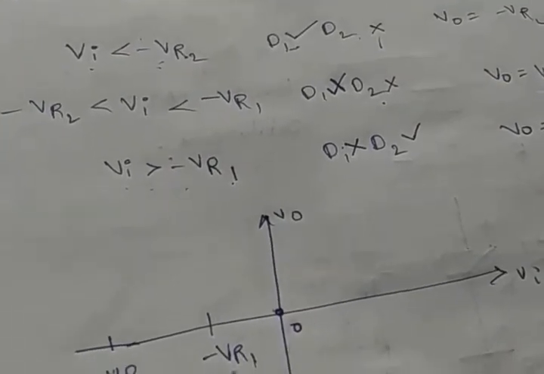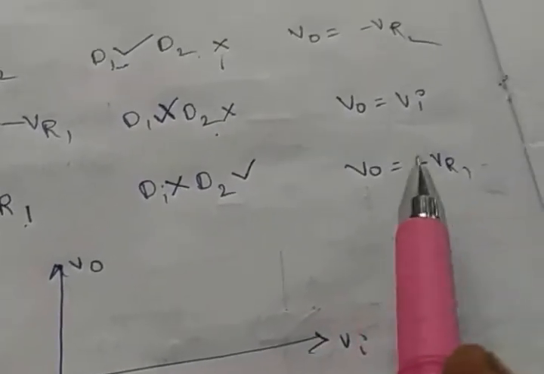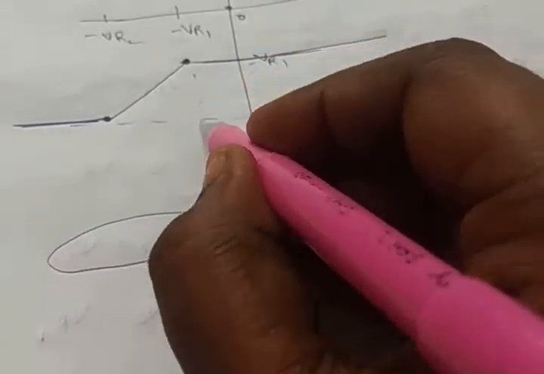So we got an ohmic line. After that, for Vi greater than minus VR1 conditions, we have minus VR1. So we got this DC line. Now let's see the output. So this is our input. Where the DC lines are present, this portion will be clipped and this portion is also clipped. So the output will be like this.